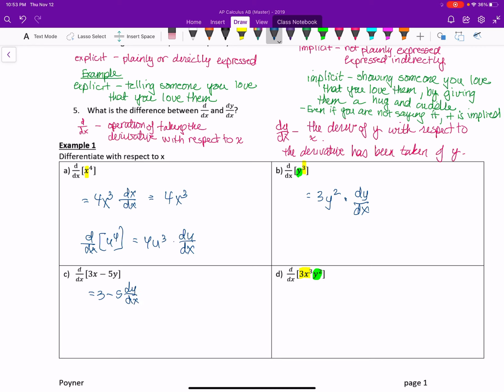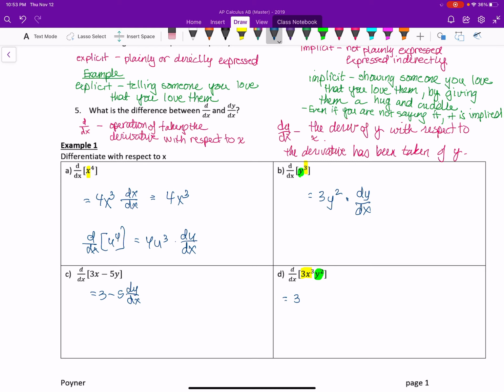So part C, I got 3. Technically, it's 3 dx over dx, but we don't write dx over dx because dx over dx is actually equal to 1. So then it's unnecessary to write that. Minus 5, using the chain rule, I have to take the derivative of y with respect to x. And then part D,